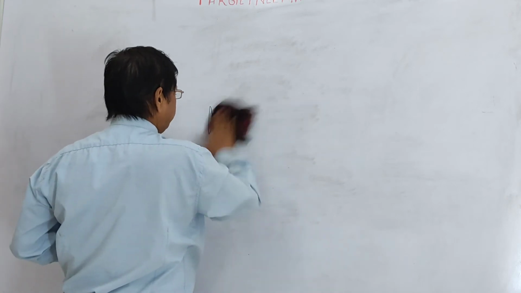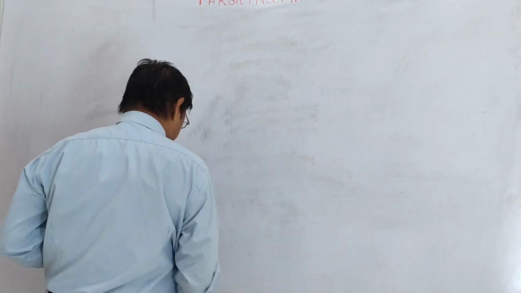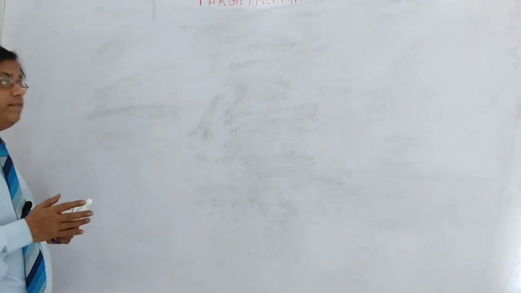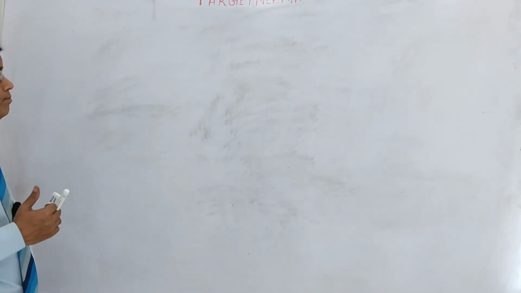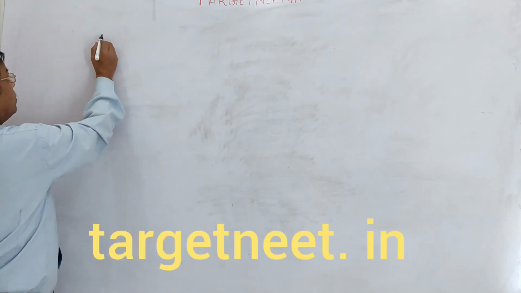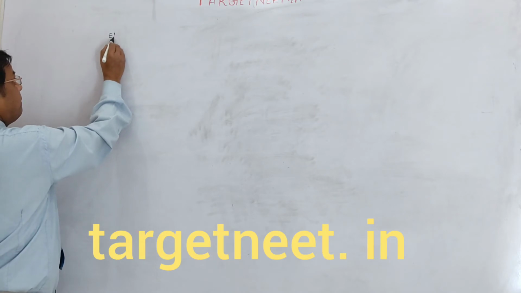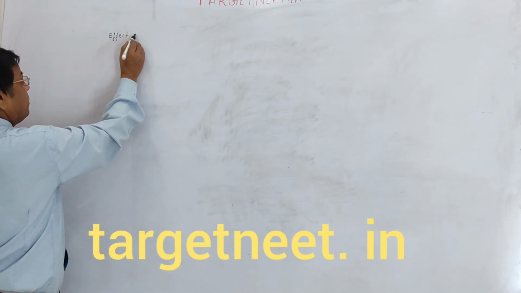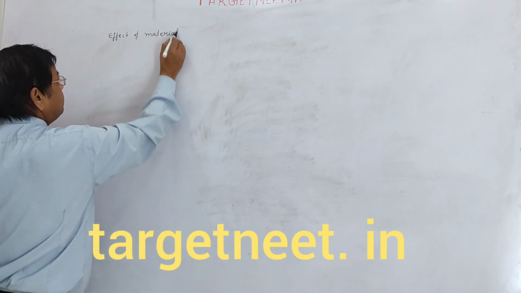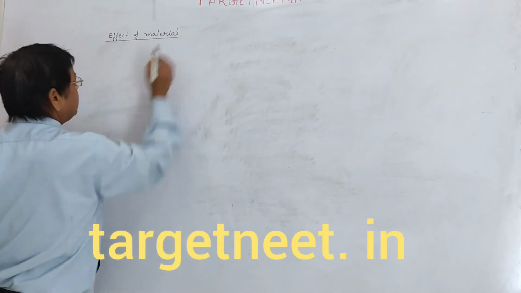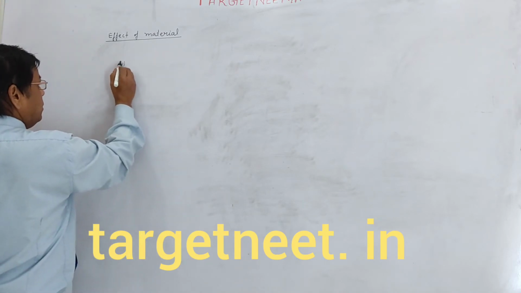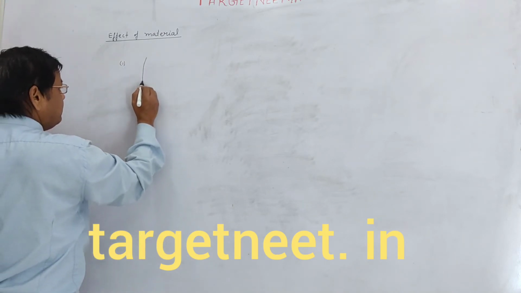Now, the effect of different refractive indices if used to form a lens. Effect of material on focal length of lens. Suppose, number one, I take a lens